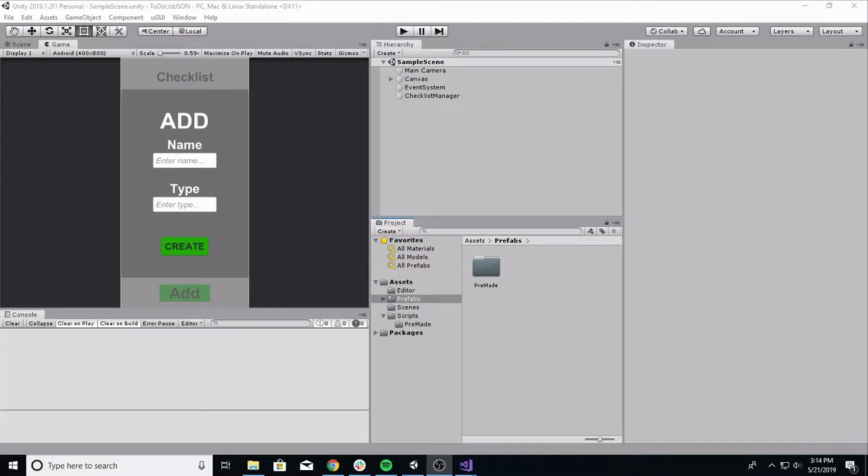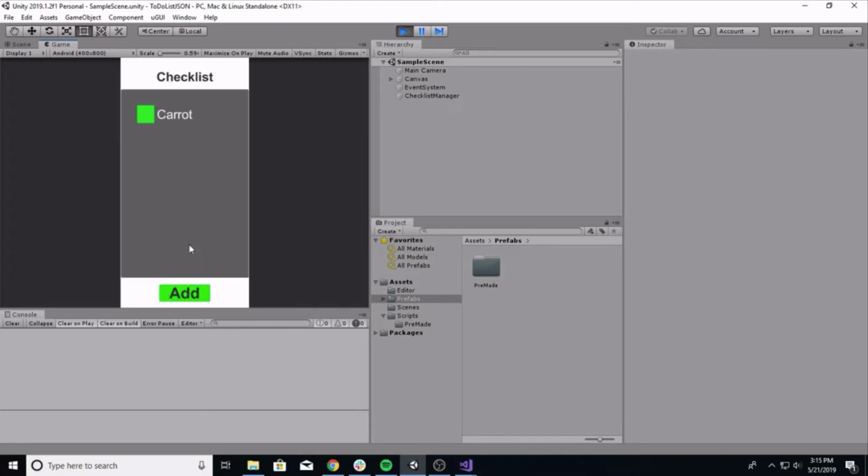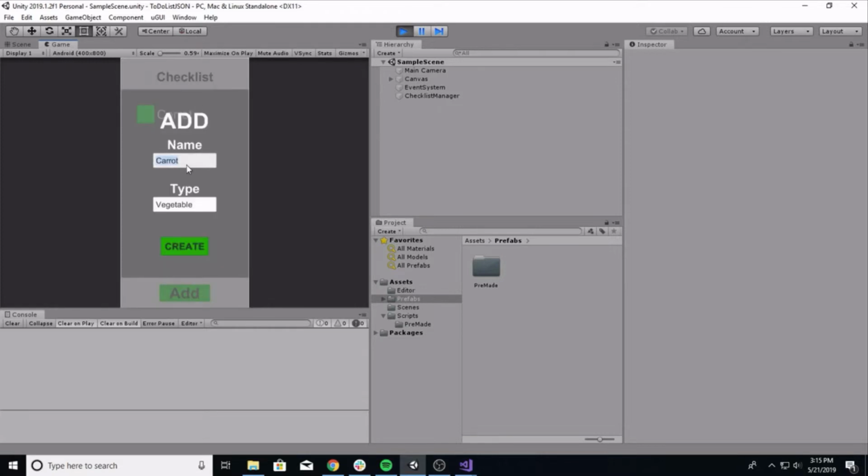Okay, so I've kind of already built it, so here is what it's going to look like at the end. So I can add an item to my checklist. I'm going to assume this is like a grocery list, so something like this. And I can add another one, peas, and